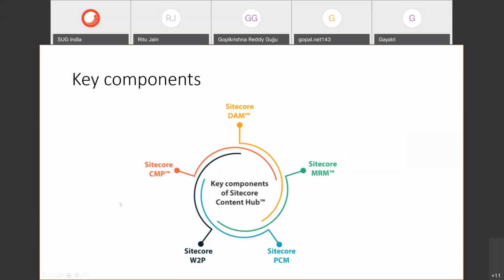And the last, which is very important in this ecosystem, is CMP, content marketing platform. It's mainly a centralized system for marketing people to plan, collaborate, and distribute different content types. Asset is the central piece for the DAM, whereas content types are the central piece for the CMP. So that's a mouthful. But in this session, we are mainly focusing on Sitecore DAM. Although the integrations are at a lower level and common across all the components, today we are mainly focusing on DAM.